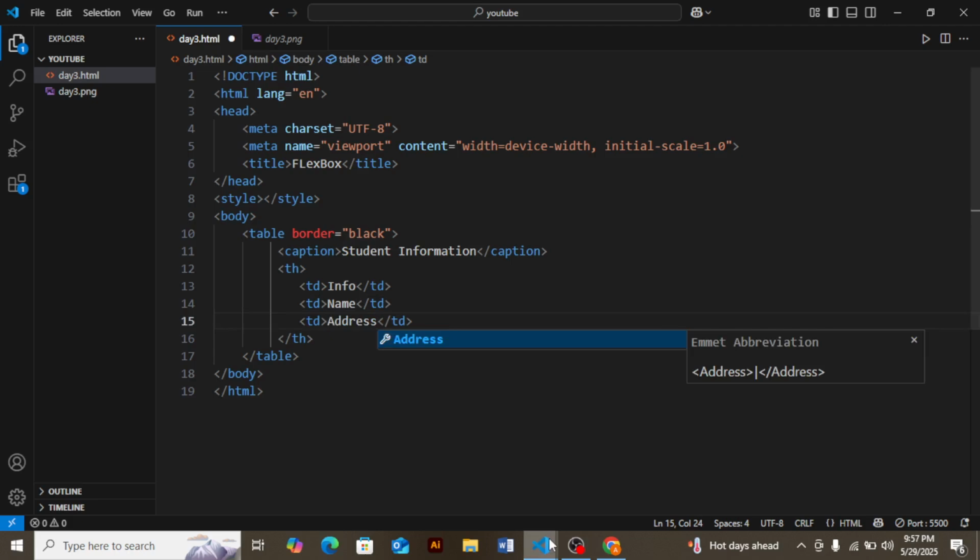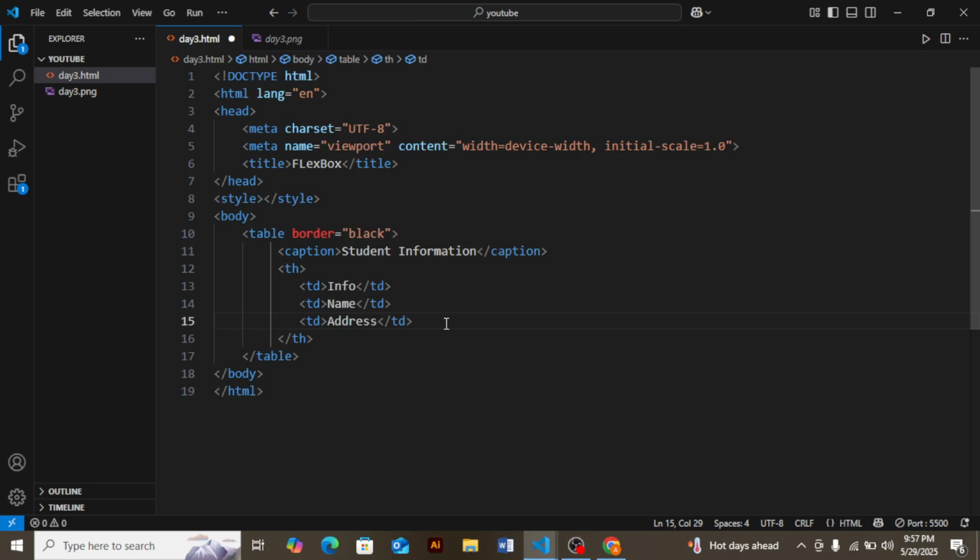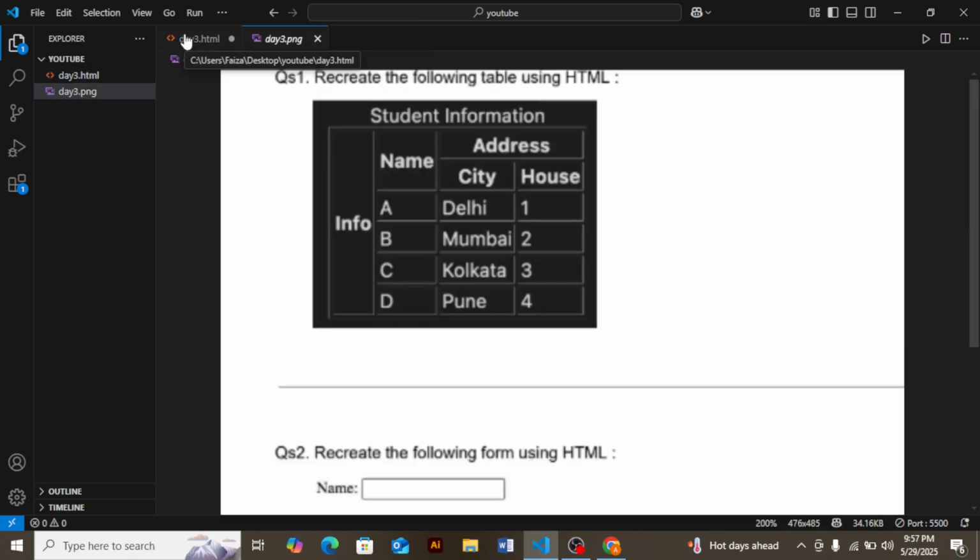Close the tab that I have not used. So table data: the first is info, second name, third is address. Now the next one is table row.